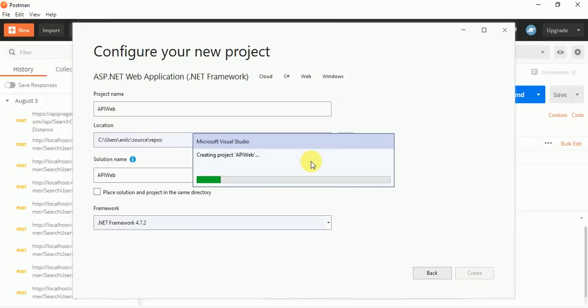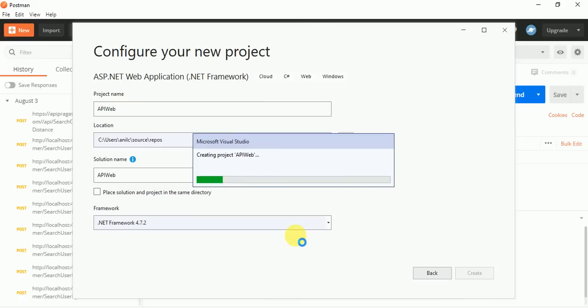Once you click on the create button, it will take a few seconds to create the complete structure of the web API. In that you will get the default controller and the web.config file. In the web.config file you will get the local database connection string.